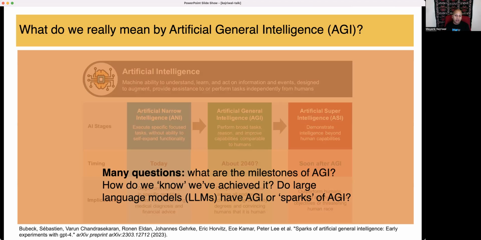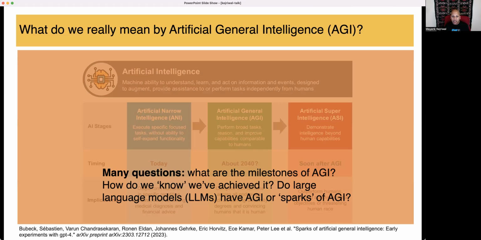Of course, that leads us to the big question: do large language models have AGI or sparks of AGI? There was a paper from some pretty famous authors who seem to claim that GPT-4 has sparks of AGI, but a lot of people ended up criticizing this paper and felt that the tests for AGI and the spark of AGI were pretty shallow, and that these large language models may achieve AGI, but they're not there yet. You see that conversation reflected when people ask, is ChatGPT conscious? Is ChatGPT sentient? For similar reasons many believe it's not sentient, and maybe others do.